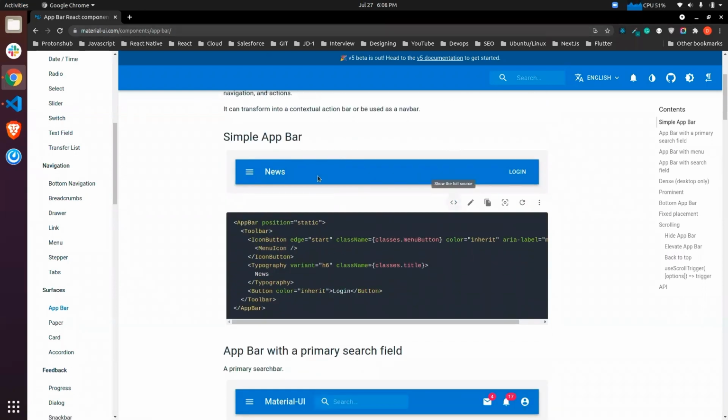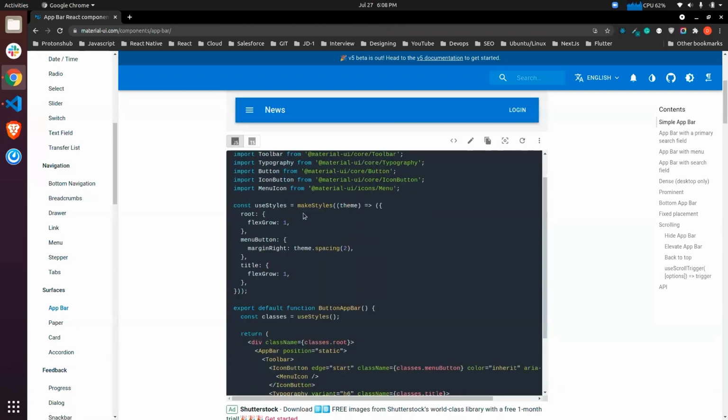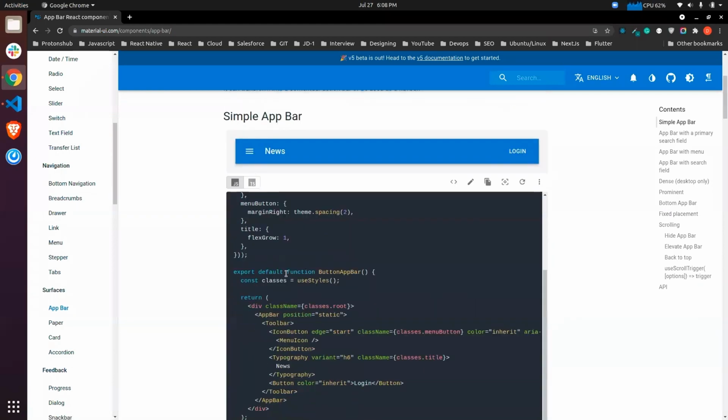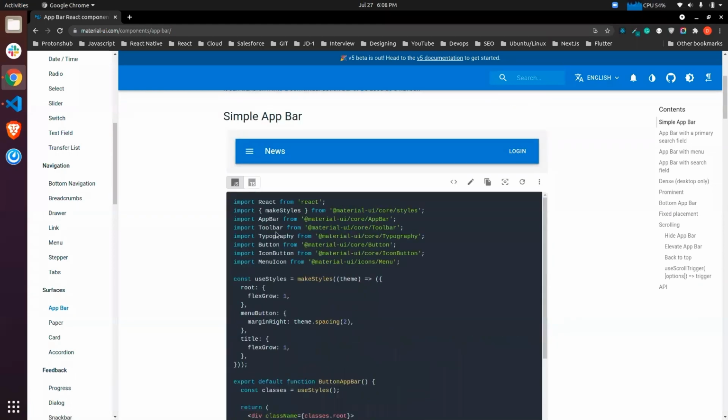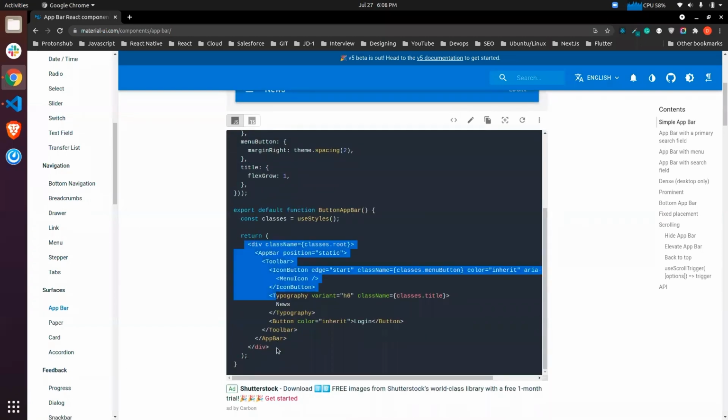The full source code is written over here. You just need to copy the imports and the JSX, and you are good to go.